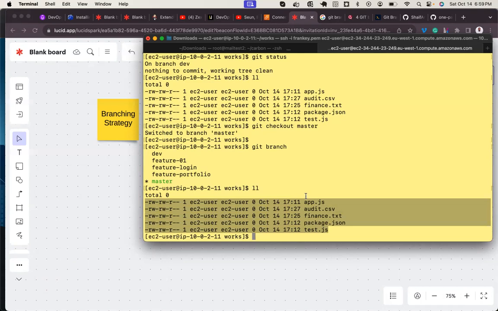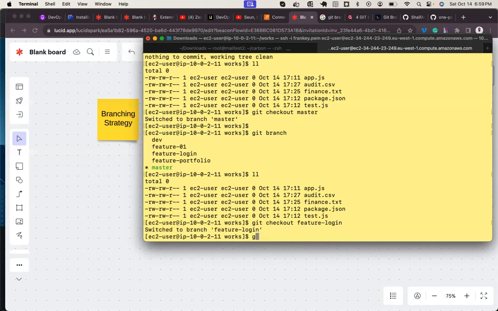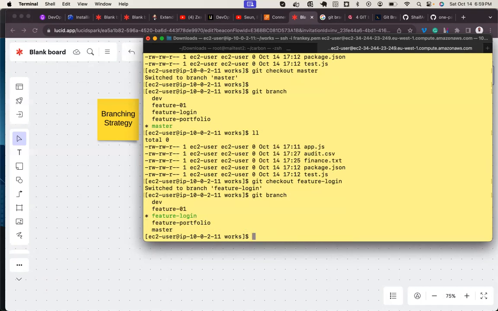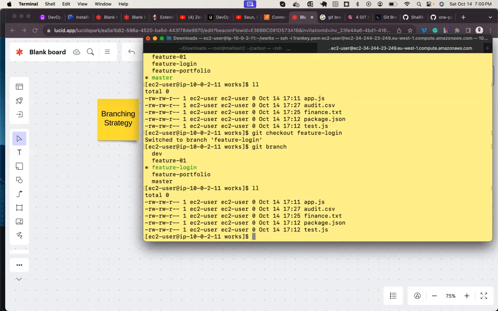Let me switch to one of these feature branches. Git checkout feature login. I'll switch to feature branch. Now Git branch. I'll switch to what? Feature login. So on this branch, I want to create a file.